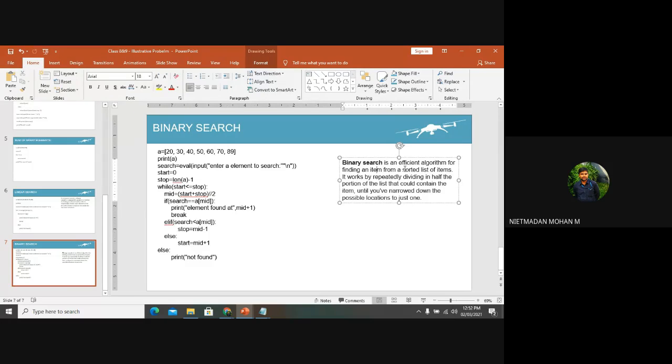What is meant by a sorted list of items? It means the elements are arranged. The list will be arranged in ascending order or descending order.